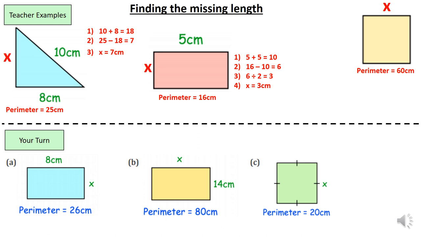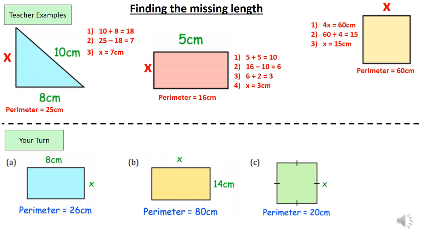We know that there are 4 right angles. We know that all the sides are the same length as well. Now that's the key part here. Because we know all of the sides are the same length, we can say all of those sides are also X. So the left side, the right side, and the bottom are also X, and we know they're the same size. So if we know they're all the same and they all add up to 60, we can just simply do 4x equals 60, and therefore we can just divide it by 4, and that will give us 15, and each side must be 15 centimeters. And if you think about it, if they're all 15, we do 15 plus 15 plus 15 plus 15, and